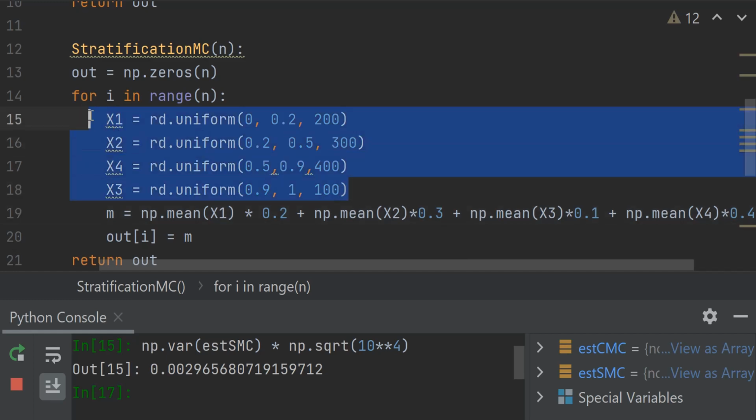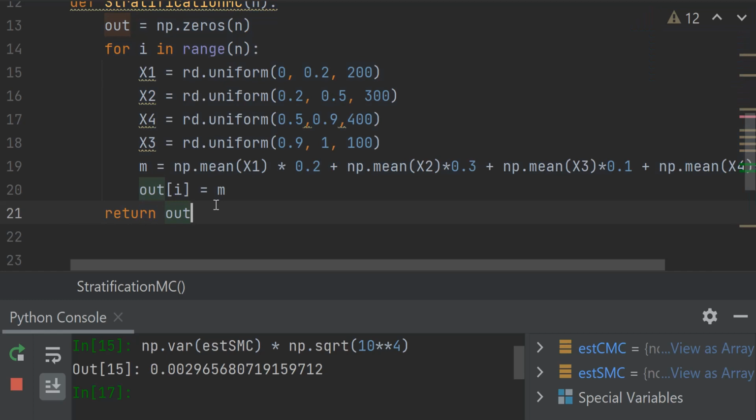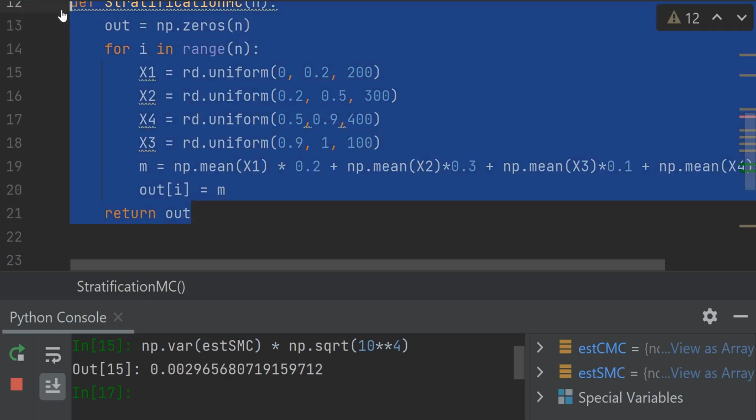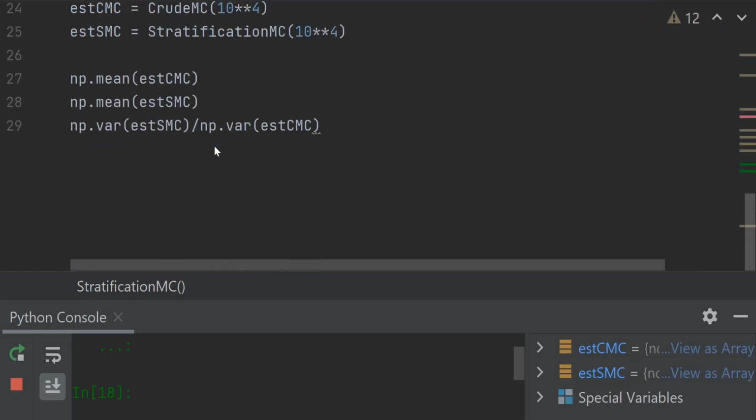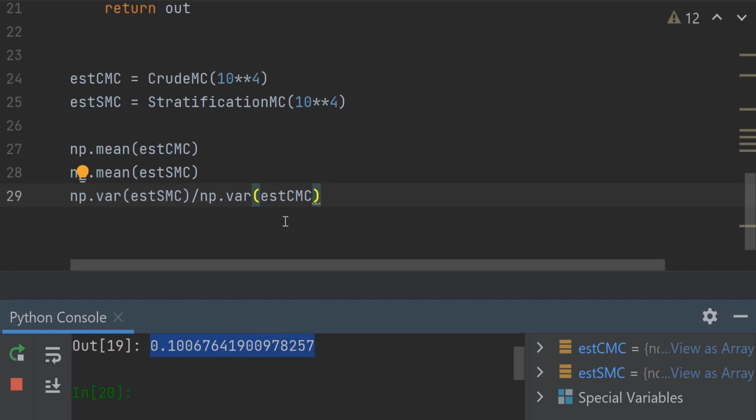So what I did is I created an extra strata. So if I run all of this code, and I then run this stratified again, then this should be even better. I really hope it is. Yeah, so we can see that just by creating this extra strata, my variance is now only 1/10 of the crude Monte Carlo